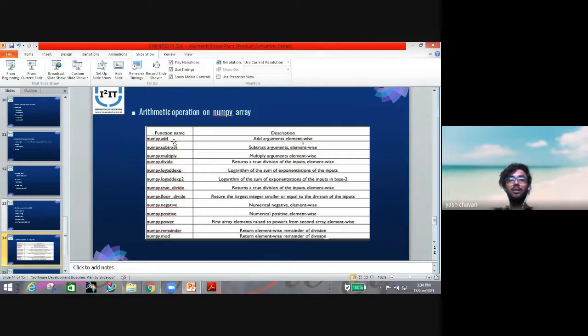Now let us see the arithmetic operations on numpy arrays. So here numpy.add means we are going to add arguments element wise. Now numpy.subtract will give us the subtraction. Numpy.multiply will give us the multiplication of arguments. Here numpy.divide will give us the division of the inputs element wise. Here numpy.logaddexp will give us the logarithm of the sum of exponentiations of the inputs. Here numpy.logaddexp2 will give us the logarithm of the sum of exponentiations of the inputs in base 2. Numpy dot true divide will give us the true division